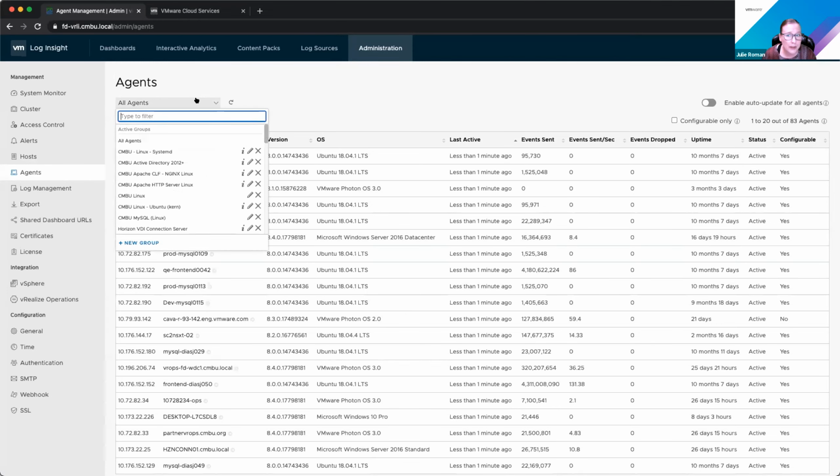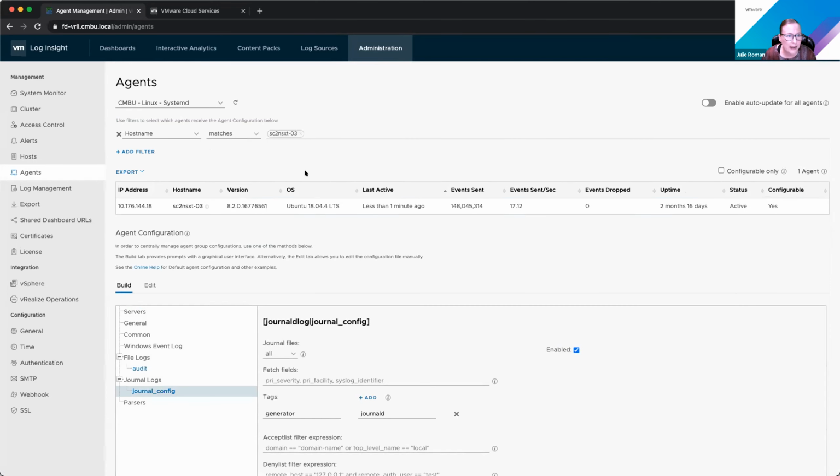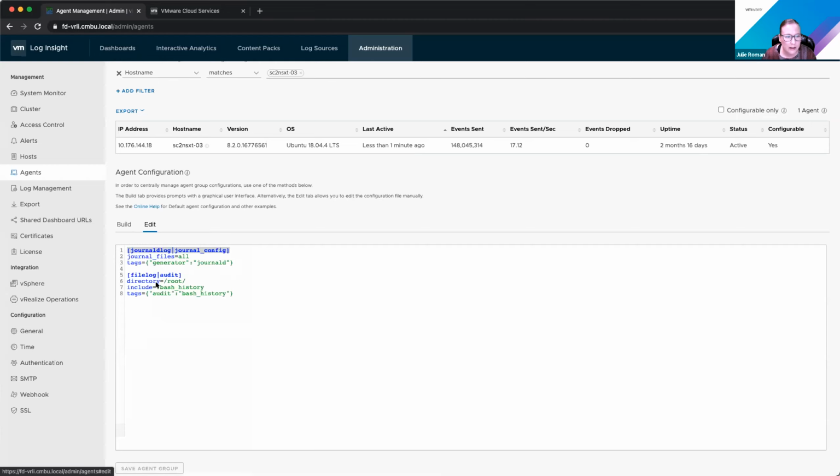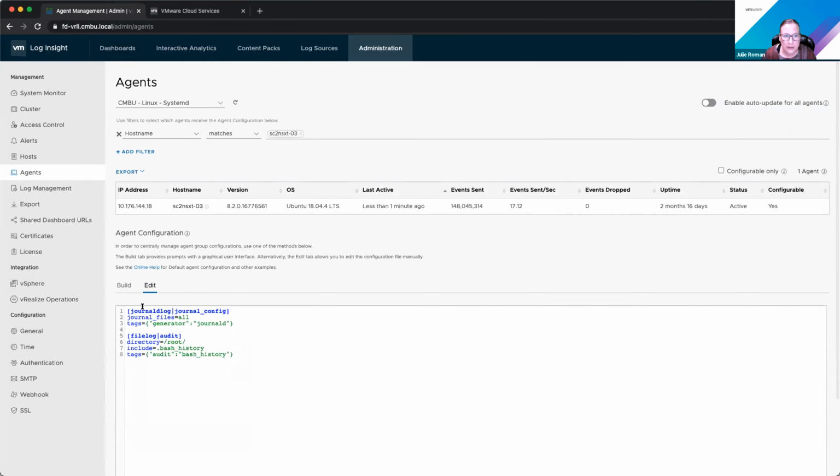are really nice because if you have enabled auto update, like if I come in here and I have something set up for systemd and I want to make a configuration change to this file and I want to add additional tags or something, I can just centrally manage this so that if I push an update, it's actually going to push that to all users.